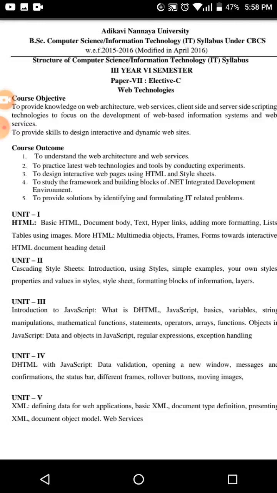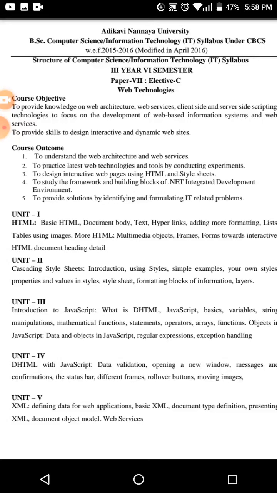Next, what is the importance of web technology? Why do we need web technology? It is an establishment and use of mechanisms that make it possible for different computers to communicate. One thing we have to remember: to make communication among systems, we establish a mechanism of communication. You can also share the different kinds of resources and make an effective computer network. These are the basics about web technologies.